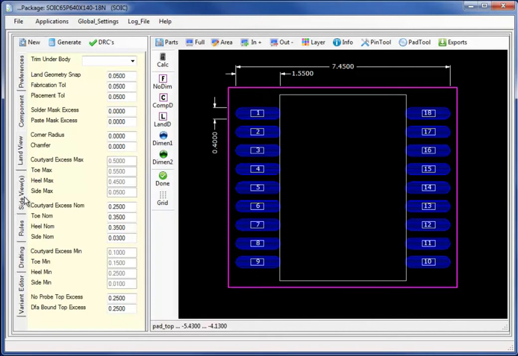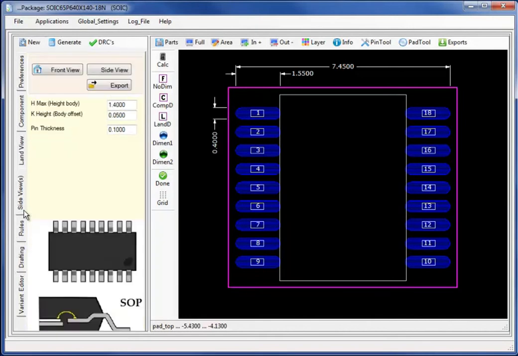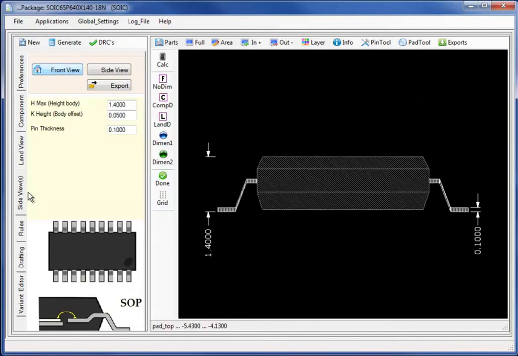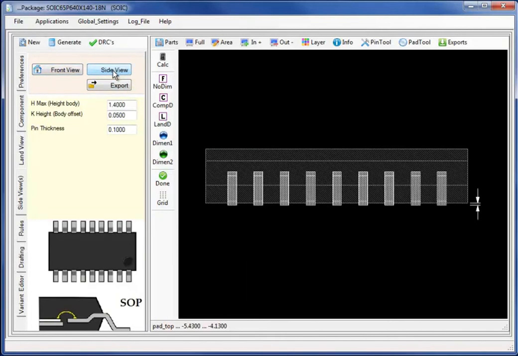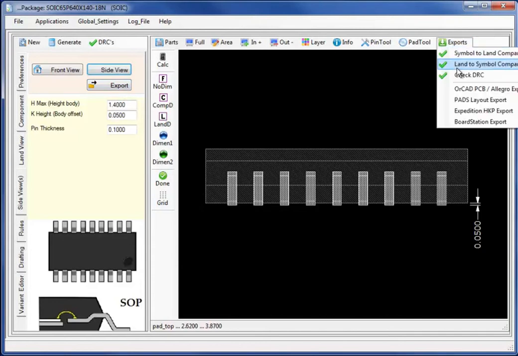Let's move to the 3D side views, where we have the forms entry for all of the 3D entry fields, where we can select not only the top view, but the front view and the side view. Selecting Export will export the 3D step model from this form or under Exports, linking the export directly to the